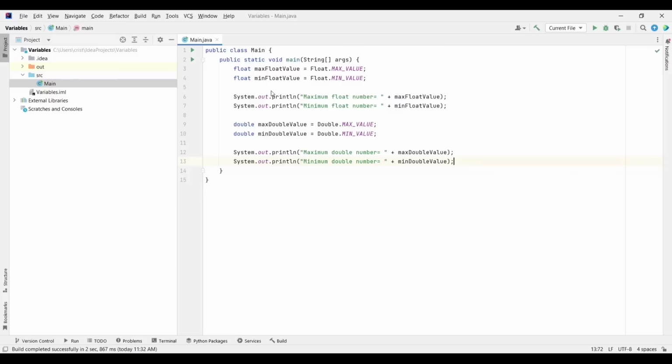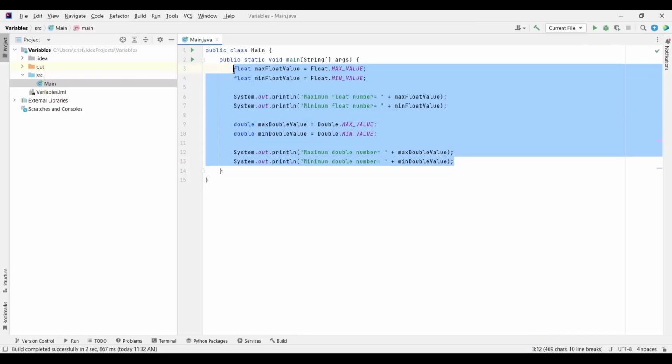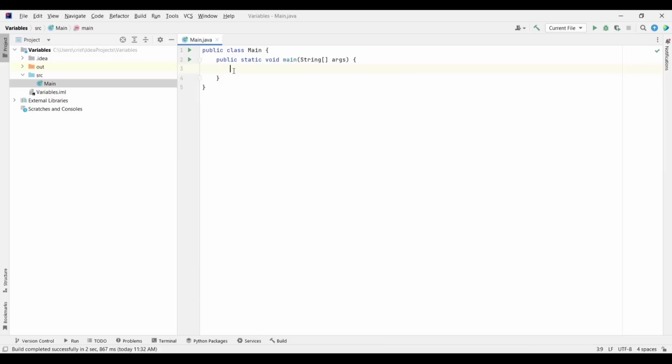So far in our videos, we only dealt with data types which can store numbers, whole numbers or floating point numbers. And now it's time to look at two different data types, and that is the char and the boolean data type. So I'll delete this code because I don't need it. We're going to start with the char data type. You create it by typing char. You give a name like all variables. I'm going to call it letter.